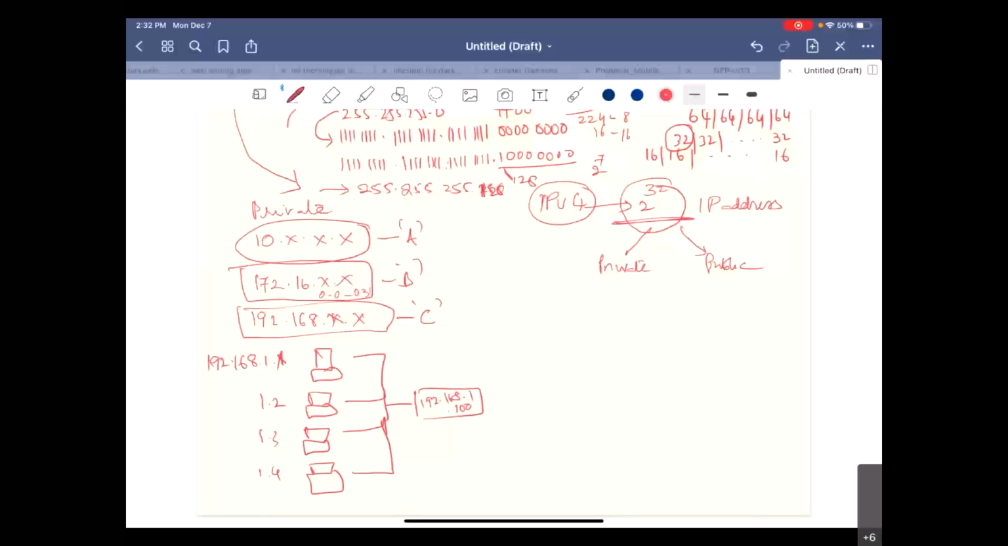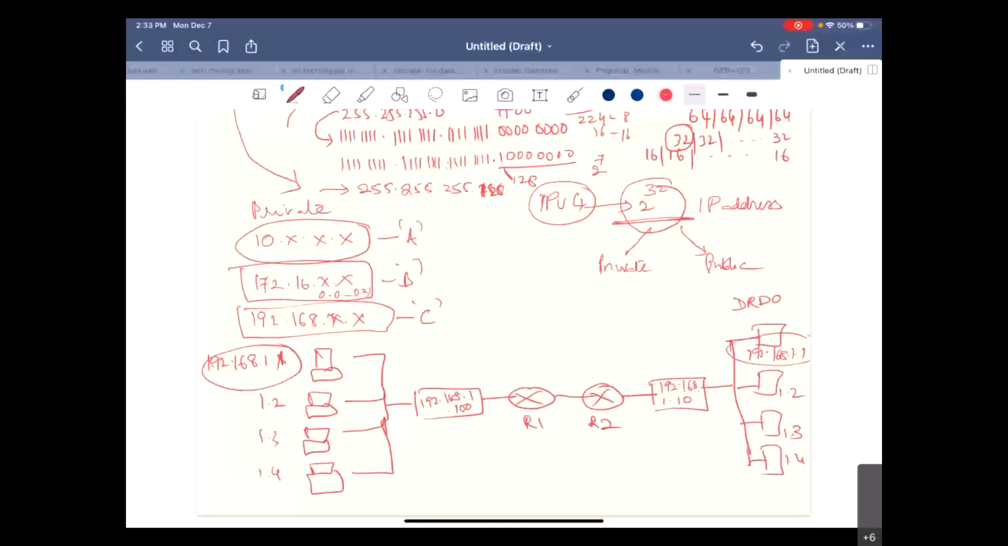192.168.1.100. The gateway is the router, and there is a router for one organization and a router for another organization, and their gateway is 192.168.1.100. This could also be 1.100 with machines at 1.1, 1.2, 1.3, 1.4. So as you are in DRDO, you are using the same addresses as I am in CDAC. However, this gateway is connected, on the second side, with the public IP,